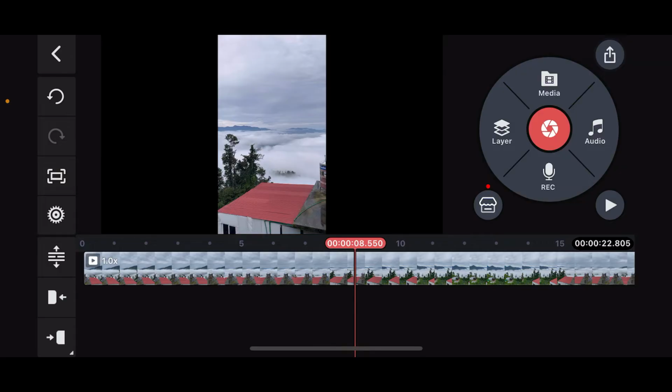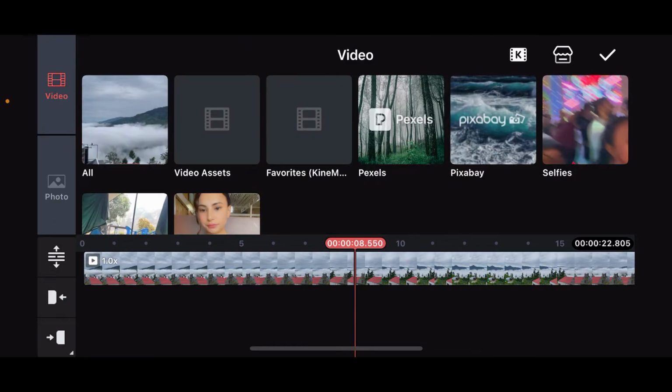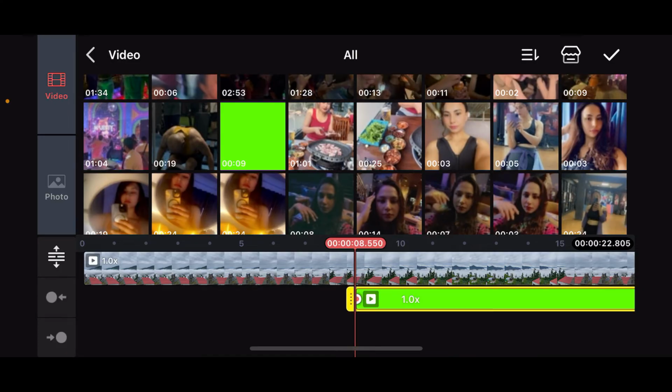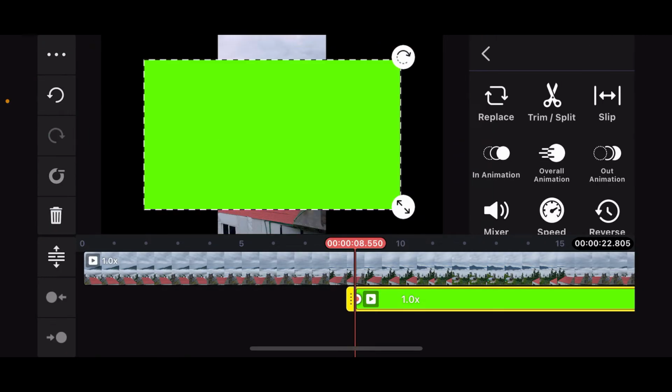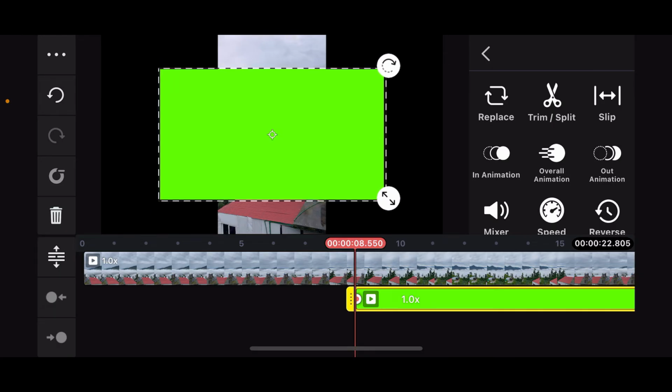Now, go ahead and click on Layer on the right hand side corner. Select Media from the menu. Now, this time, select the green screen clip you want to edit. After you do that, get back to the timeline and you will be able to see that you have imported the green screen clip. You can go ahead and resize your green screen clip by moving the arrow from the